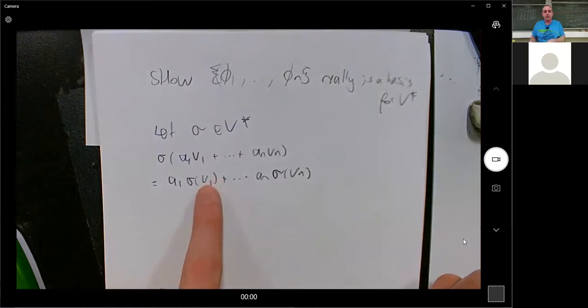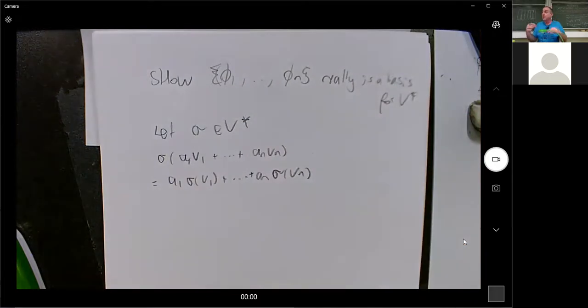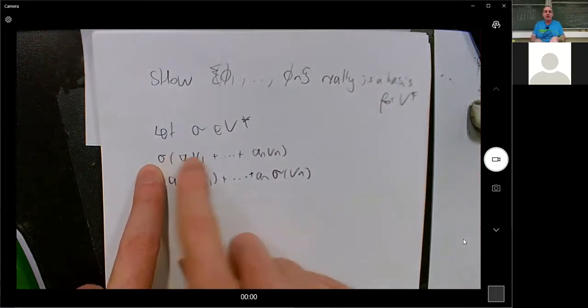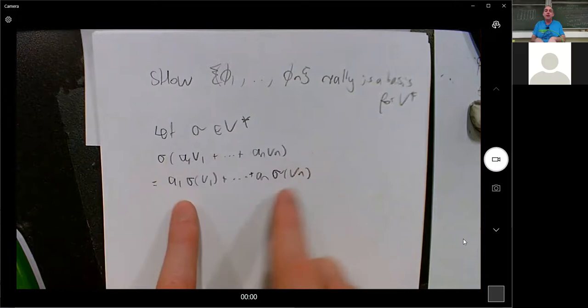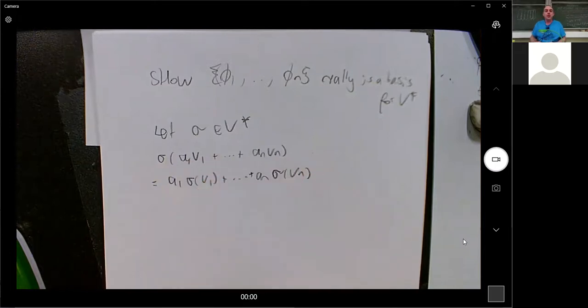And so if I knew what sigma of v1 was, I'd be good. Yep. So that's just the reasoning. Because I need to know what it does to everything in order to know what it does, but I only really need to know what it does to the basis. Yep. And so, and A1 is